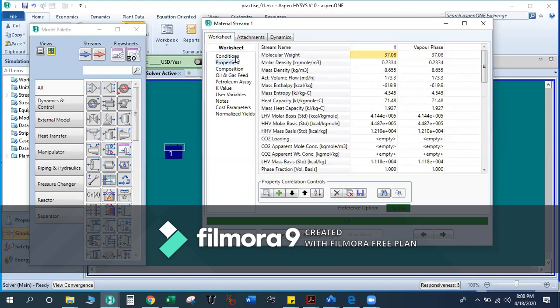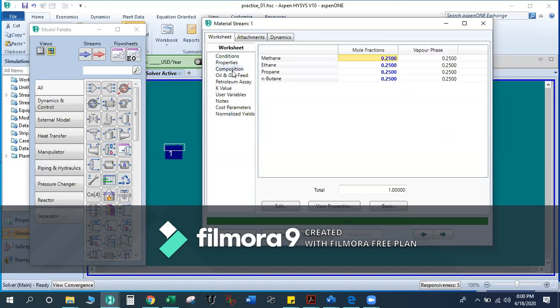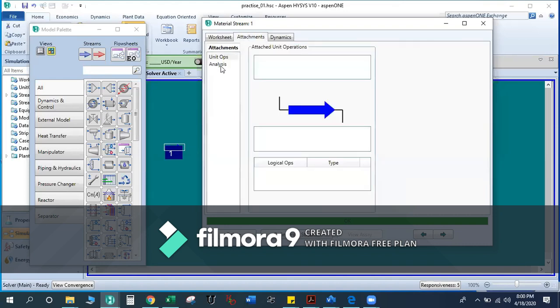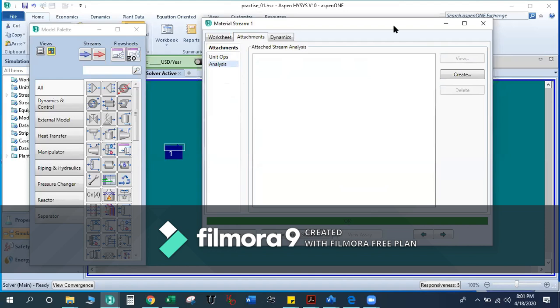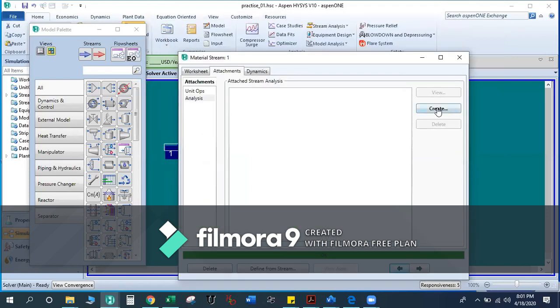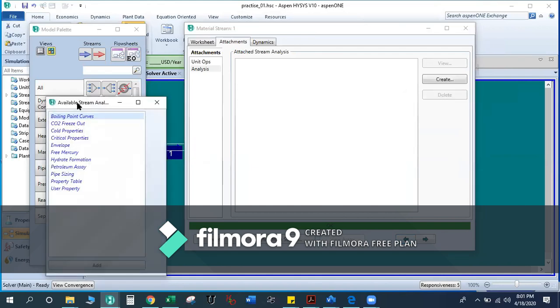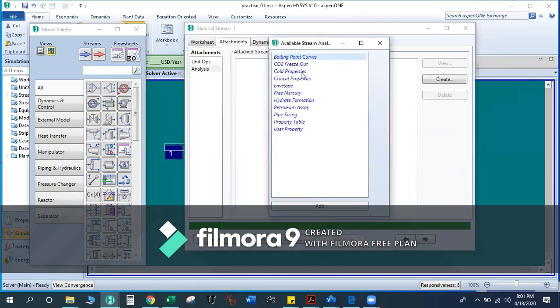When we are doing steady state simulation, we will go through only these tabs, like conditions and composition. Then next is attachments, then analysis. This analysis is basically if you want to calculate some other properties like critical properties, the phase diagram, the boiling point curve, the CO2 freeze out condition.